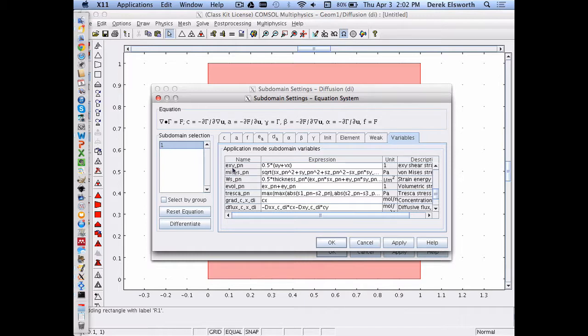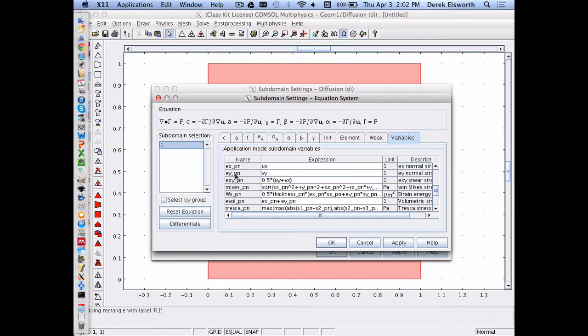Shear strain in the xy direction is dux dy plus duy dx, right? This is shear strain, half engineering shear strain. Normal strain is dux dx. And so what that's telling us is that if we want to put something in for this term here,